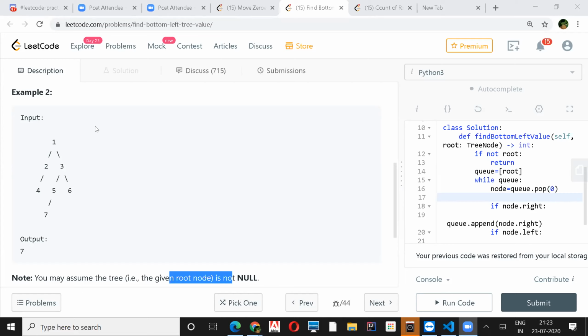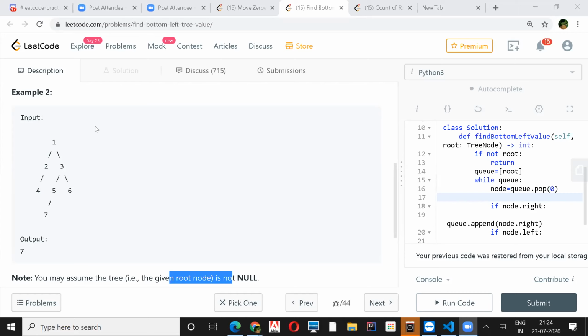Rather than going from the right, see, we are at 1, then go to the next level. In the next level you insert into the queue first right and then left, because 2 would be the first one to be popped out, right? Yeah, you could do it the other way also. We can directly push left first as well, right? When we are at 1 and want to push the children, we can push 2 and 3 as well, right?